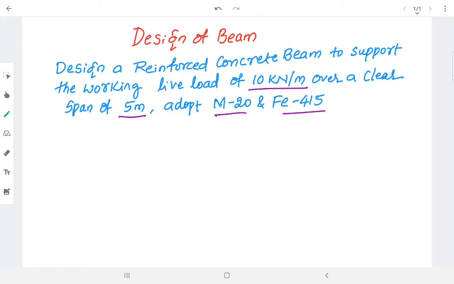You may ask from where you got this 10 kilonewton per meter. Here the problem is given to you, either you may analyze manually or, especially for your academics, if a problem is given to you, in that case you will be getting the problems. Based on that I must write the given data, what exactly is given in the problem. In that, here he has given clear span